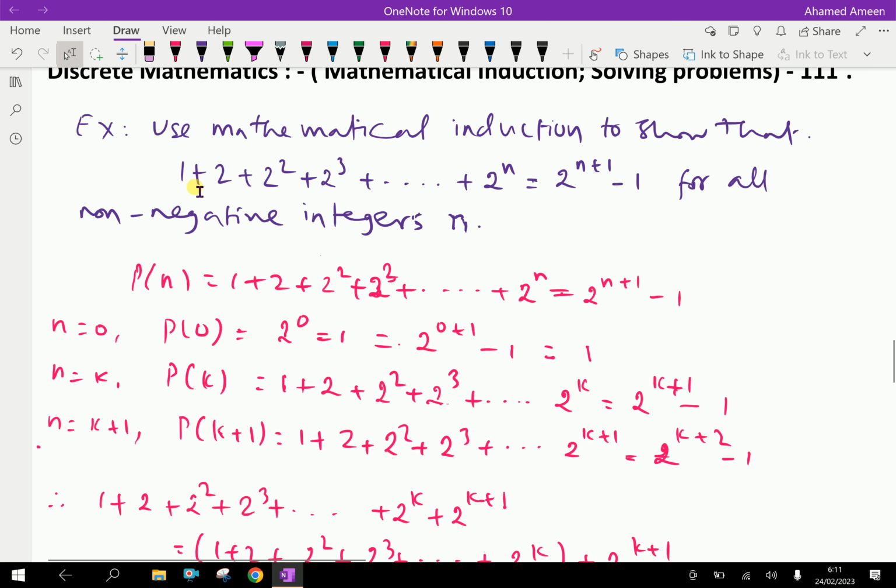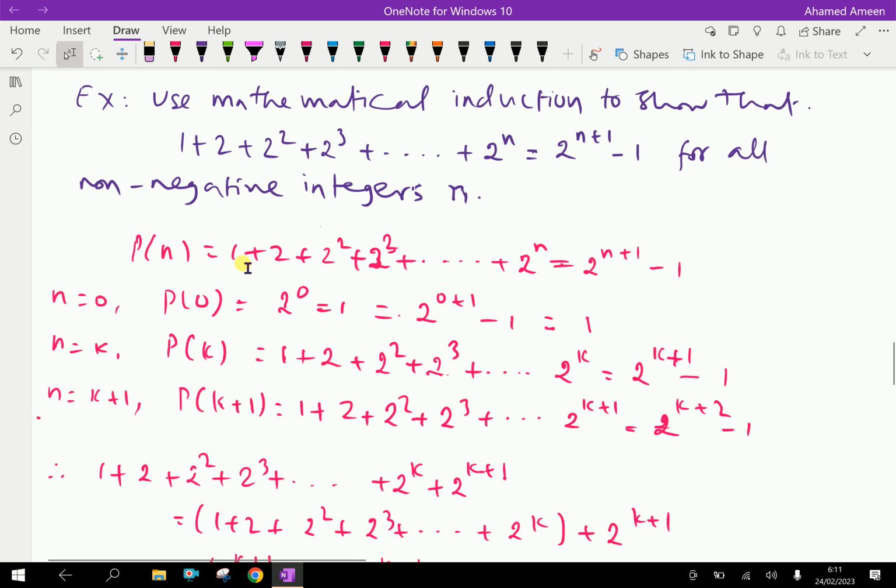First, we have to write the given expression, that is P of n: 1 plus 2 plus 2 squared plus 2 cubed plus 2 power n equals 2 power n plus 1 minus 1, as it is. Now, for the basic step, you have to substitute n equal to 0. What happened here? P of 0: here there is no n, so 2 power 0. 2 power 0 is 1, and the right side is 2 power 0 plus 1,